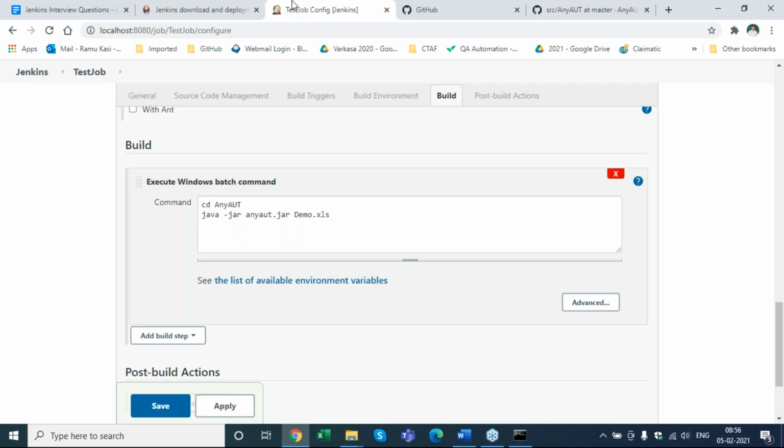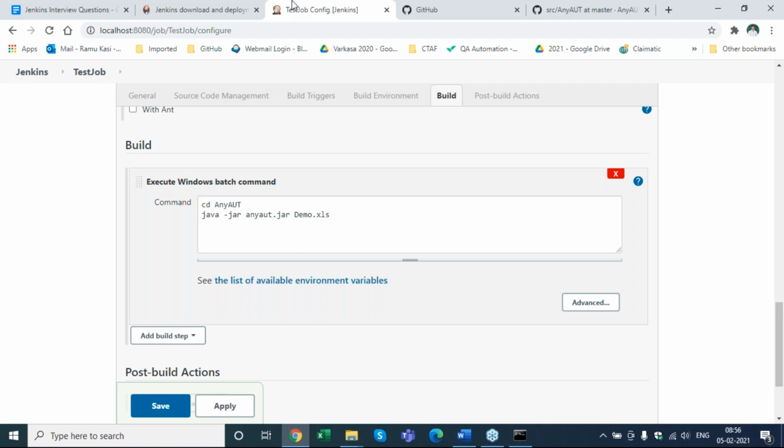Where will it put it? Home directory. Actually, first it will download that, it will clone the file, so it will be in that path. Correct. Where?